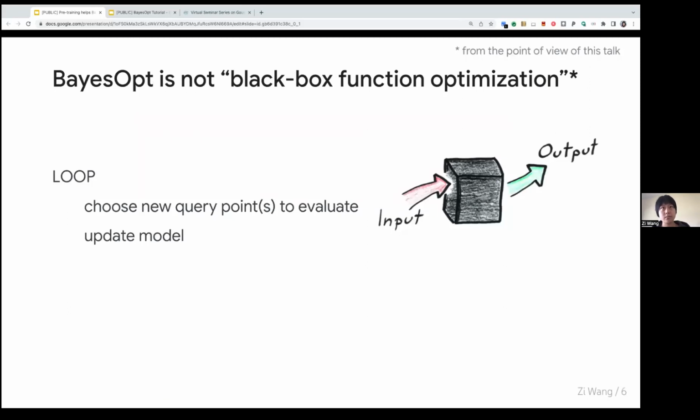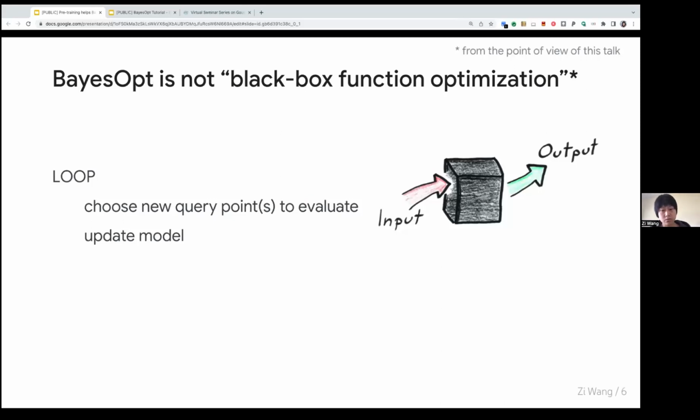Bayesian optimization, as an abstraction of collecting data, doesn't really maintain any state of what my state is when I'm trying to collect the data. Actually, one can argue that the GP part is the state, but let's think about it at a more abstracted level, like a bandit approach. So it goes into a loop. It chooses the new query points to evaluate. And once it gets the observations, it updates the model, and then it goes into the next iteration of collecting